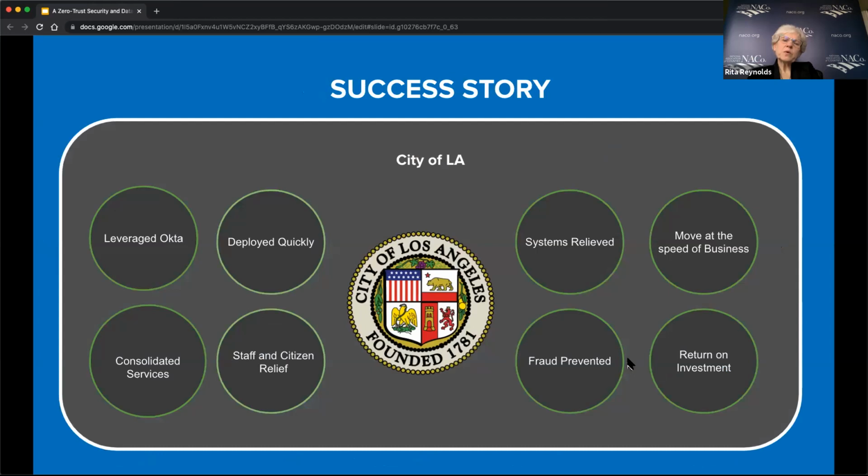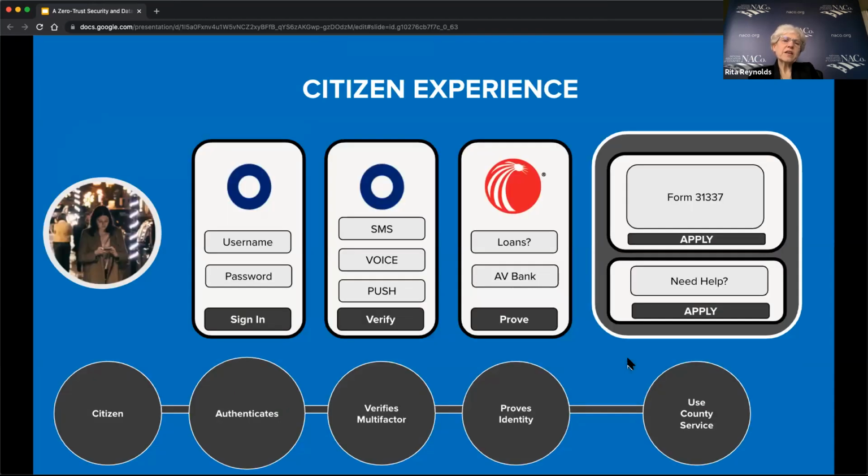Yeah, and just one more comment on that last slide. I think the counties are getting better at the sign in and verify. The prove part is where there are still a lot of counties that haven't implemented MFA from the verify perspective. We know the challenges and the cost involved there, and we're really working to help counties where we can. But that last piece on proving, what's that one question you need to answer? As I'm sitting here thinking, I'm not sure. If I were to do a survey today of all counties, I think that percentage might be fairly low.